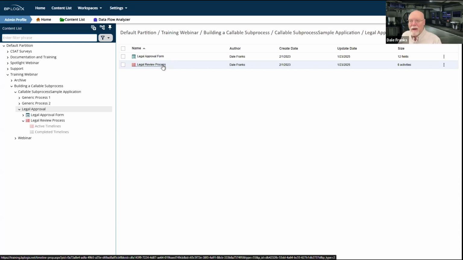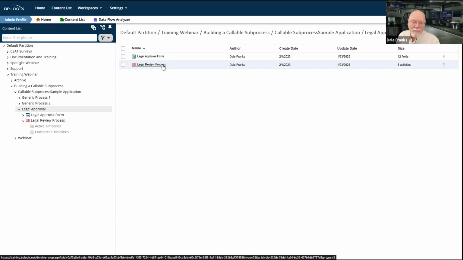The trouble is, if that legal approval process ever needs to change, because you've already got it built in as an integral part of other timelines, then you may have to go back and change a whole bunch of timelines, all of which are essentially the same legal approval process. Well, they're not really calling it, it's built into the timeline. So if you're going to change that process, you're going to have to go into all of those timelines that use a legal approval, and edit them to update them.